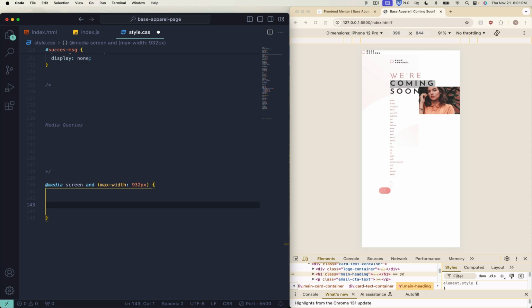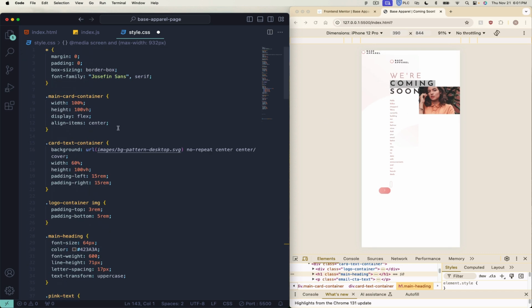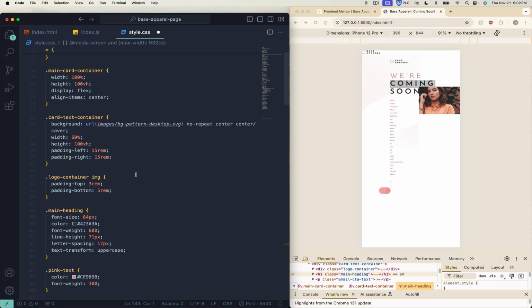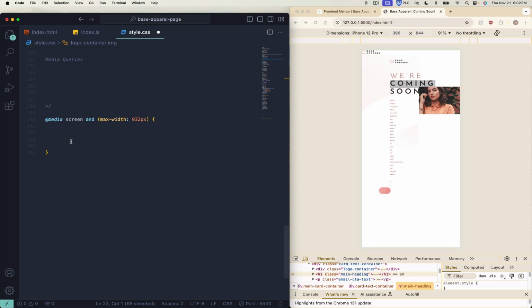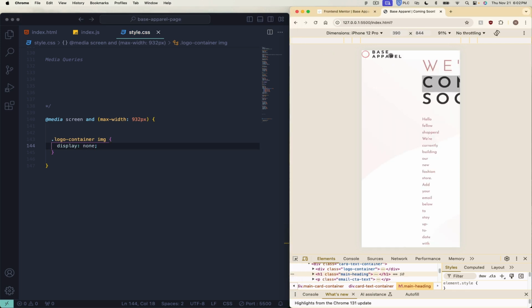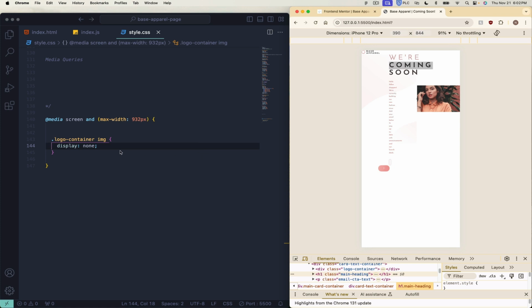So the first thing I want to do is get rid of our logo for desktop. So we have two logos. I want to get rid of the one for desktop because we want to display that none. So let's say logo container image, and we're just going to say display none because we don't need two logos. There we go. Now we just got our main one here for the mobile, and now we also want to